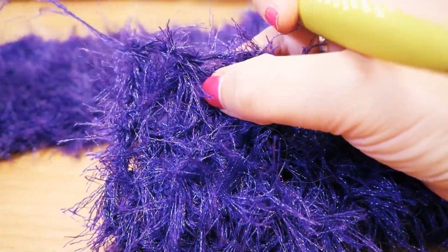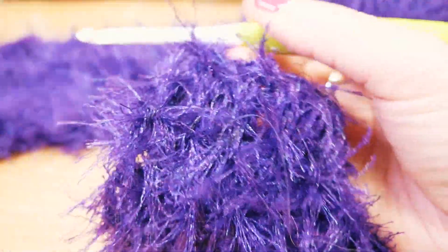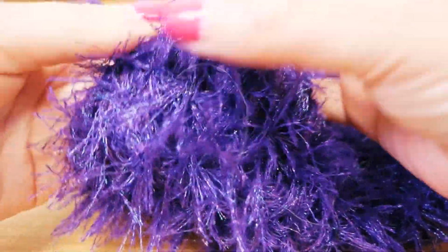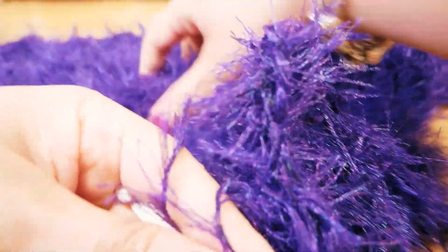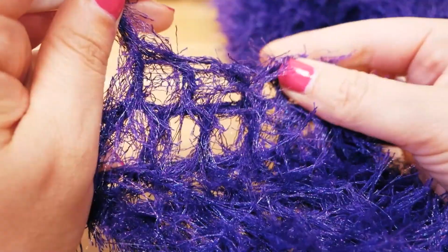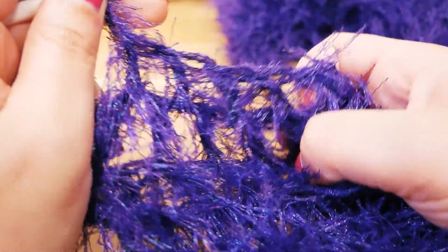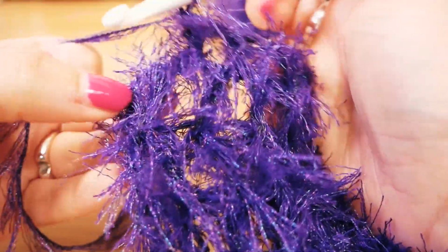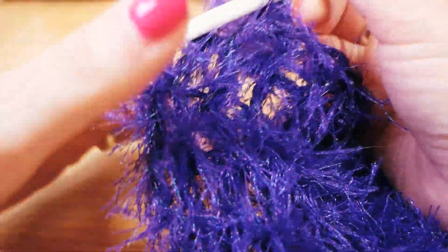Okay guys, so here I am. I made it almost to the very end. I just took out the last double crochet here. So I always just went right in between the double crochets. I just wanted to show you that again. Here we can see it better with a lighter background. You have to feel where you're trying to go, and that also works. And so here's the very little last bit of wool, and I really hope I can